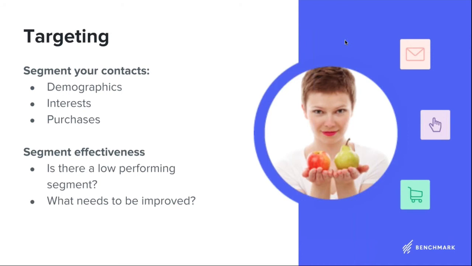I see that with segments a lot of the time with very large, big lists that people want to really drill down and segment to something. A lot of times it can work, as long as you're not getting too far into it. But if you notice that you put all the effort into creating a segment and it didn't perform somewhat like you were expecting, it may be that you might have too many touch points. You might have too many things, so back off on a couple of them and try it again. And you might notice, if that doesn't change anything and it got worse, then all right, maybe drilling into the specifics might be the better place to be.